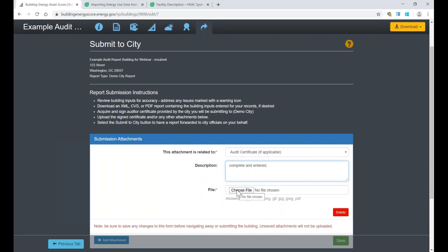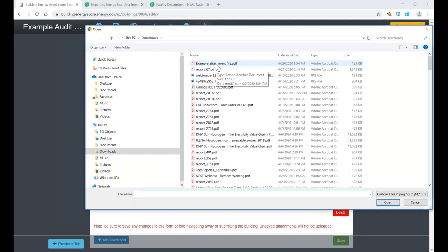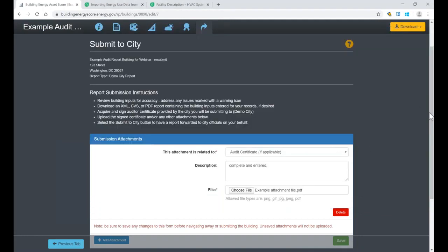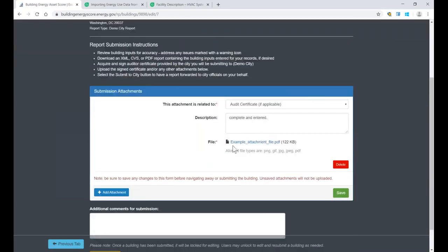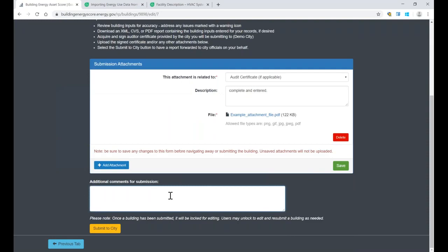where we've completed it and we're entering it here. And we'll select a file, an example attachment, for example, and save it. And then the cities would have access to this file that you're attaching. You can add any comments that you wish to enter here. This is a revised version of the report that we entered earlier, et cetera. And then you can hit the Submit to City button, and that will put it back in submitted mode that